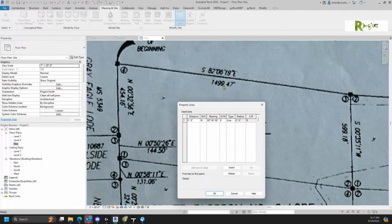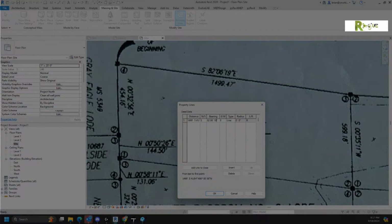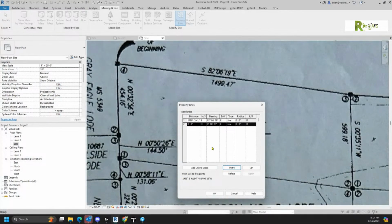So I'm going to type in 1499.47, and then I'm going to go south 82. So we change this to say south. We say 82, 06, and 19, and then we say east. Okay, so that would be drawing from right here to over here. So then your next one, you just say insert another line, and my next one is going to be this